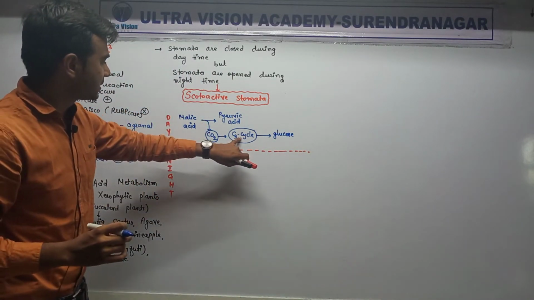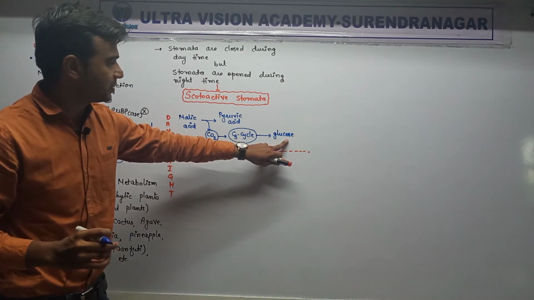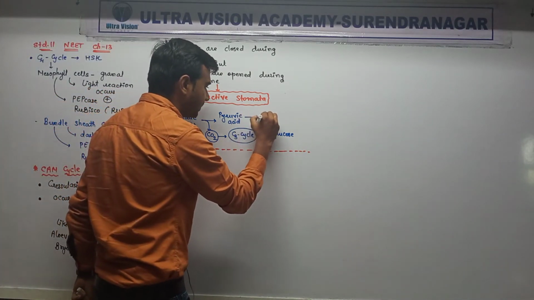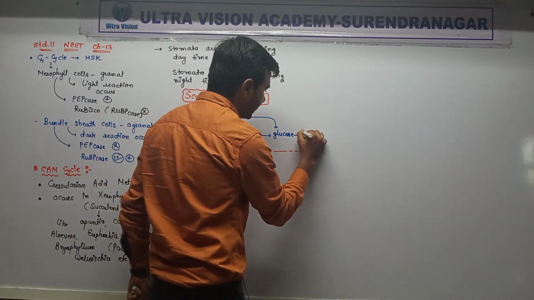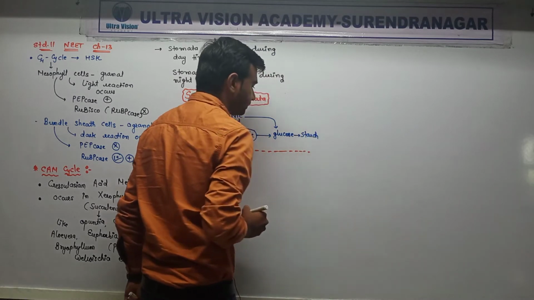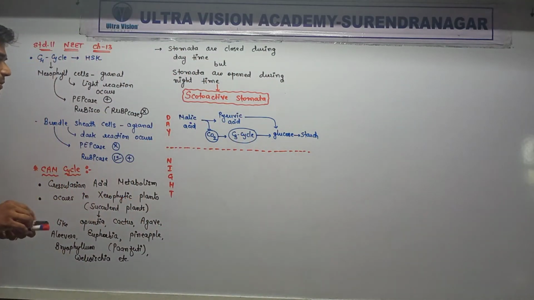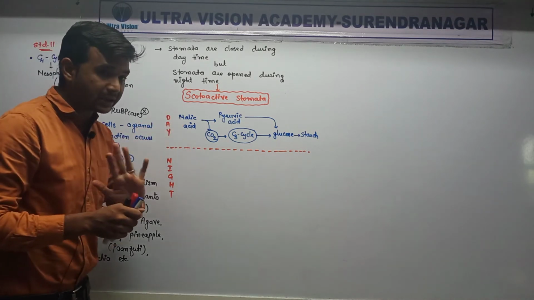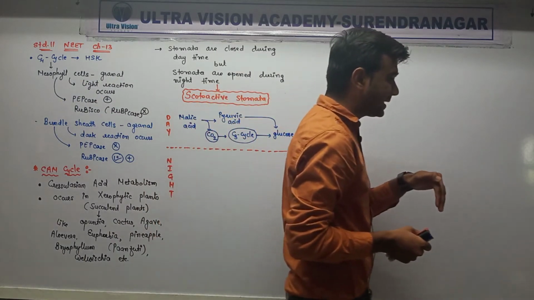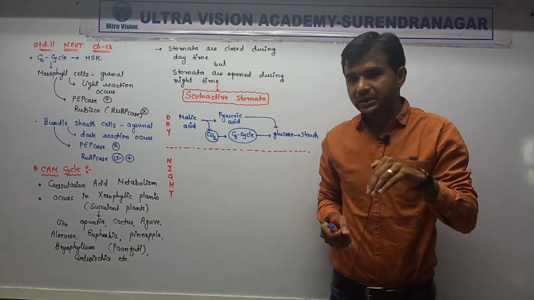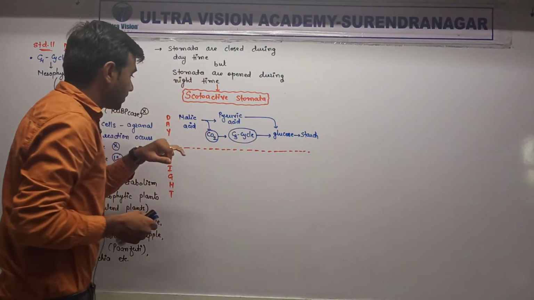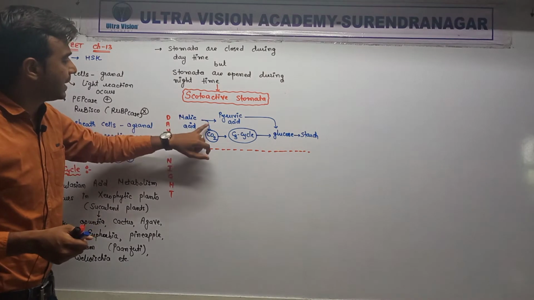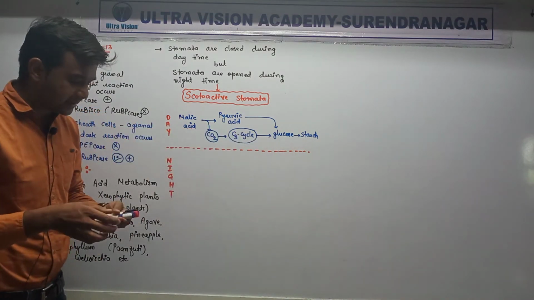So how CO2 enters inside the C3 cycle and makes glucose, that you know very well. And from the pyruvic acid, glucose is also synthesized, and then glucose is converted into starch. So during daytime, the stomata are closed. During night time, the stomata fix the carbon dioxide. That carbon dioxide is used during the daytime. So here carbon dioxide is released from the malic acid, and in this way food is synthesized.